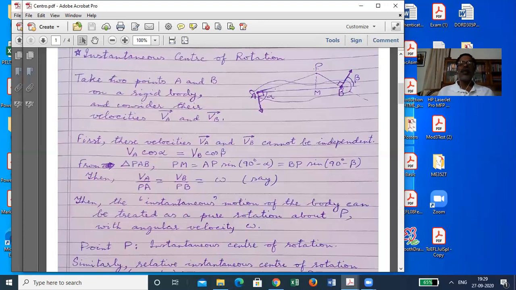So this point P we call the instantaneous center of rotation. That is the point about which for this instant the rigid body can be considered to be executing a pure rotation with no translation, no sliding. So the individual points will have some linear motion. All of those individual linear motions of those points can be found by omega cross the corresponding position vector starting from point P ending at that point under consideration.